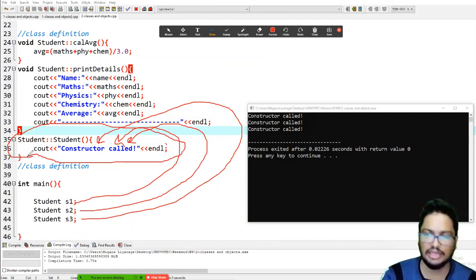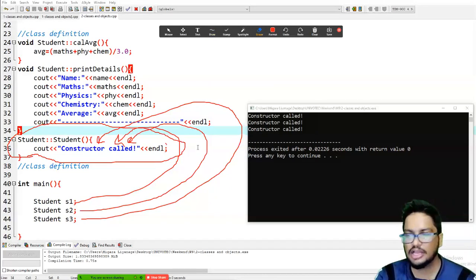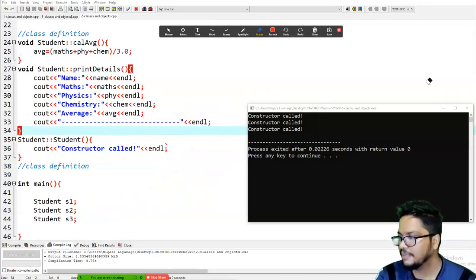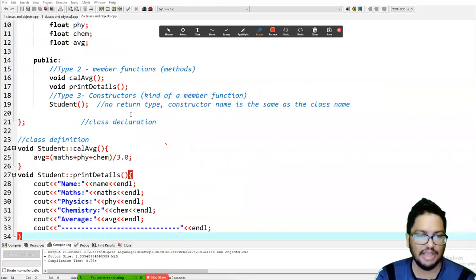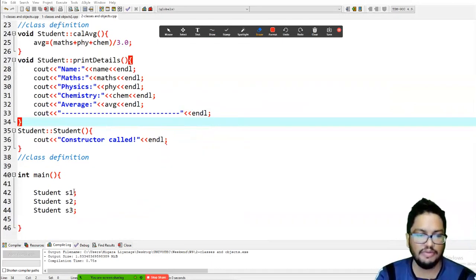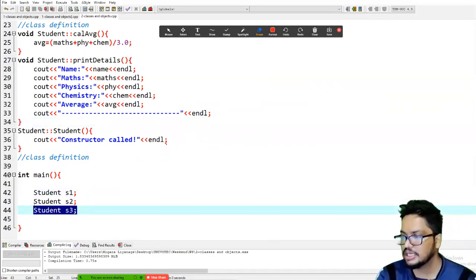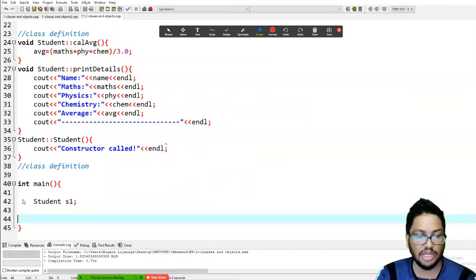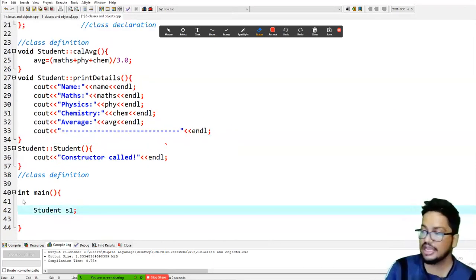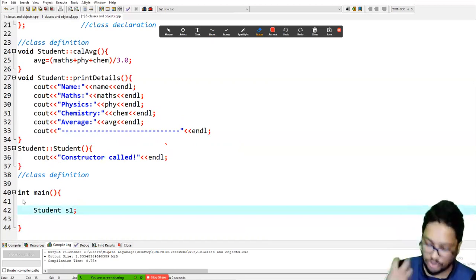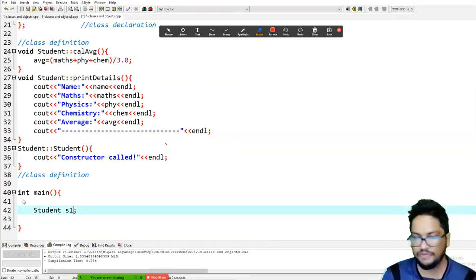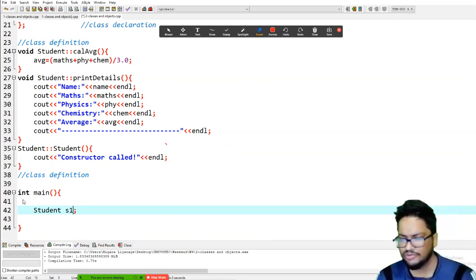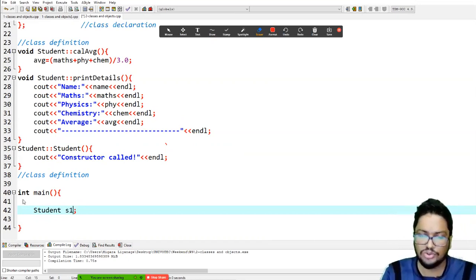Now we can use this. It is a good point. We have a function, a method that is slightly different, but we can still say it is a member function. What is the speciality of this member function? It is called automatically when an object is created. So we can use this behavior to do something like this, see.